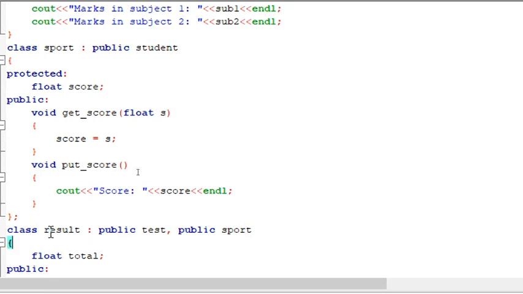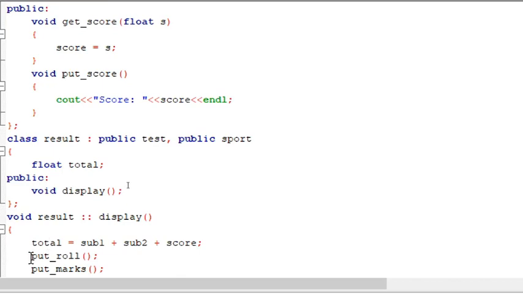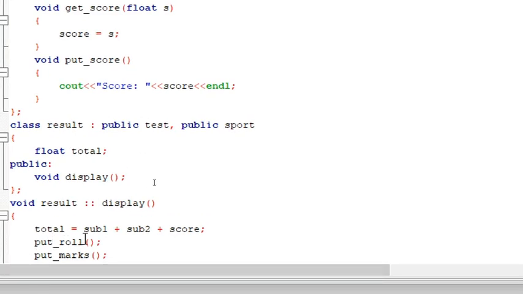The challenging part over here is, I am going to call this roll number. Listen carefully. This result class is going to call put underscore roll number that belongs to the class student. Now the question is whether it's going to be taken through test or through sport. That's the challenge here. So here is where the ambiguity arises if you're not making a proper condition.